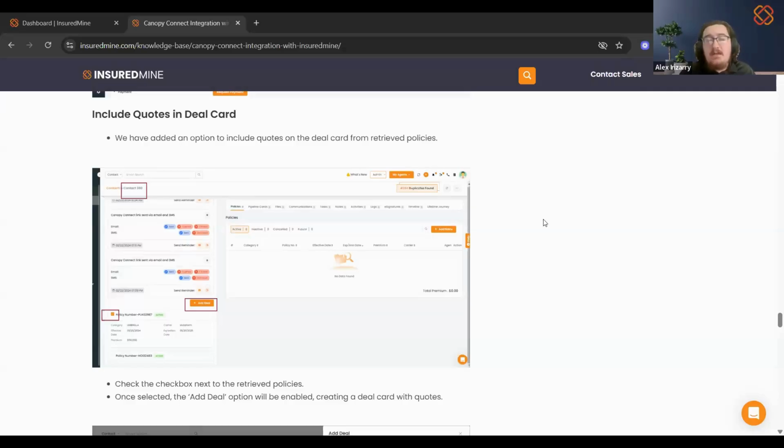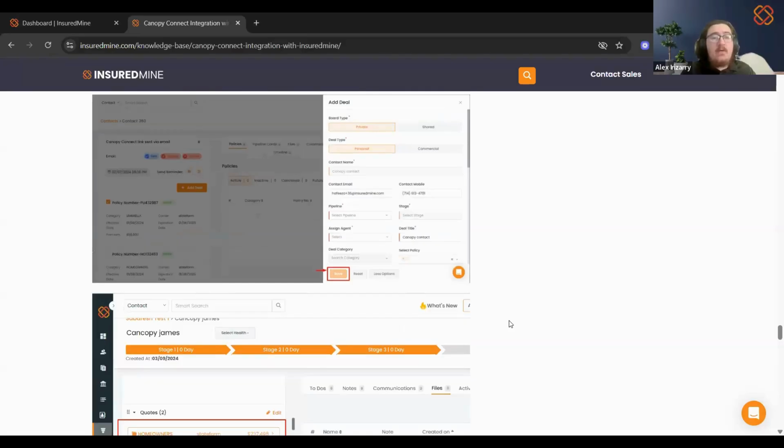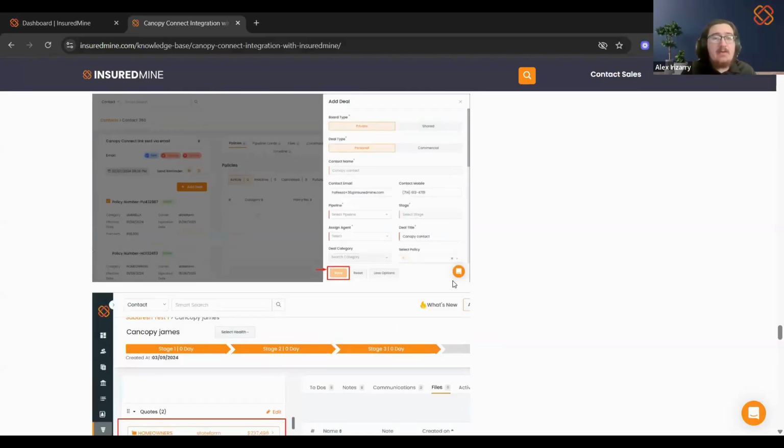Okay. Another thing that you can do with the pulled policy information is you can actually generate a deal card off of that policy that we've pulled. So as the example is showing here, we have a policy number that we pulled from Canopy Connect. We can see its category, its carrier, its effective date and expiration date, as well as the premium that is associated with that policy. All you need to do is check the box here in the top left corner of the policy, click Add Deal, and then that will pull up the form to create the deal card in the pipeline module. All you need to do,